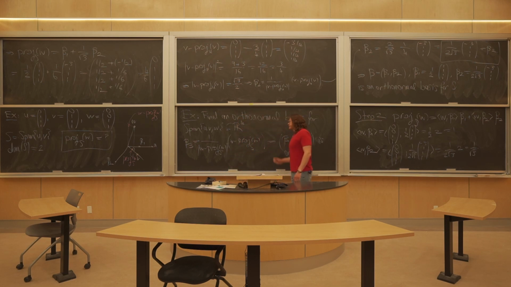I don't have time to do this calculation, but this is what you calculate. You know what this is, right? So you need to take this, and you need to subtract from this that vector. Then you need to scale it by 1 over its norm, and that's going to give you beta 3. Now that beta 3 is going to be orthogonal to beta 1 and beta 2, and you know that beta 1 and beta 2 are orthogonal based on what we just computed, and you know that it has length 1. So all of these have length 1, and they are pairwise perpendicular, so that's what you want for this example. And now that I haven't done this, it becomes an exercise